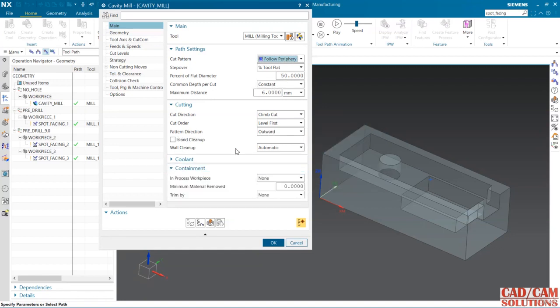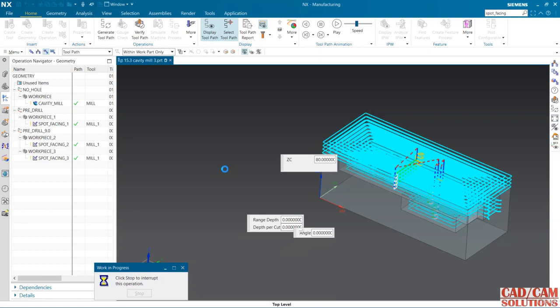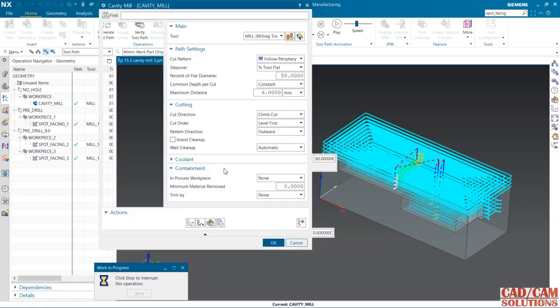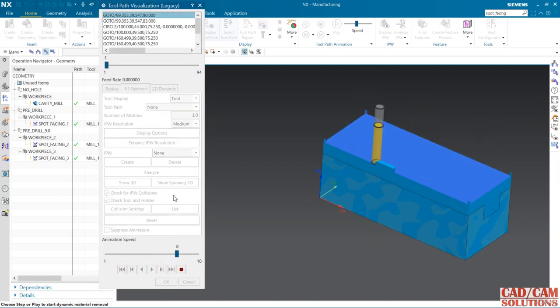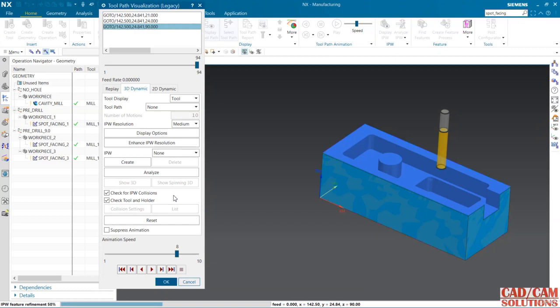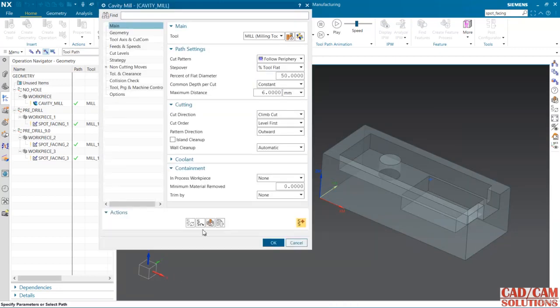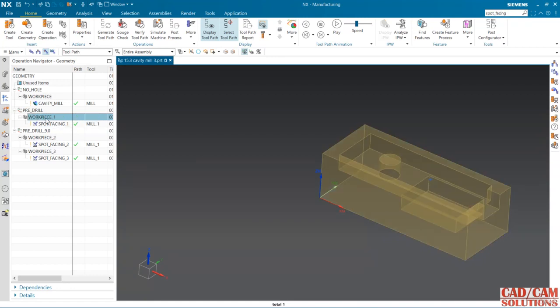Okay, and in this containment by default it is none, so it will select the object blank which we have defined in workpiece, and see it is generating from inward to outward like this. Okay, if I have a pre-drill and now I am going to use,